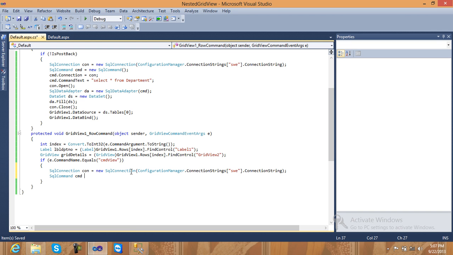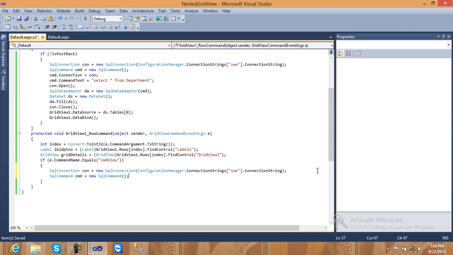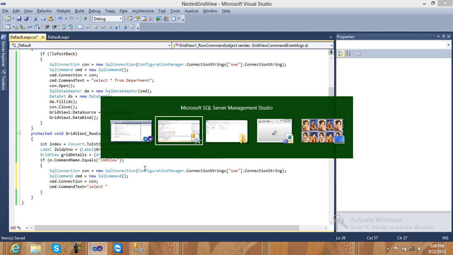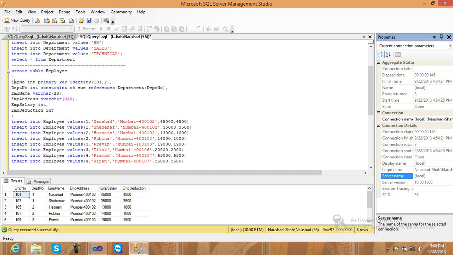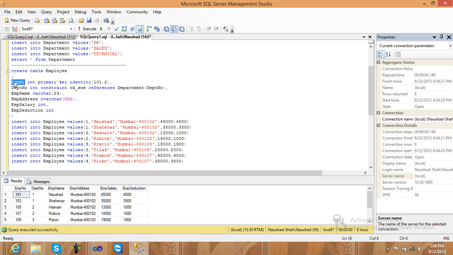SqlCommand cmd is equal to new SqlCommand, and inside the SqlCommand, okay, cmd.Connection is equal to con, and cmd.CommandText is equal to select emp number,